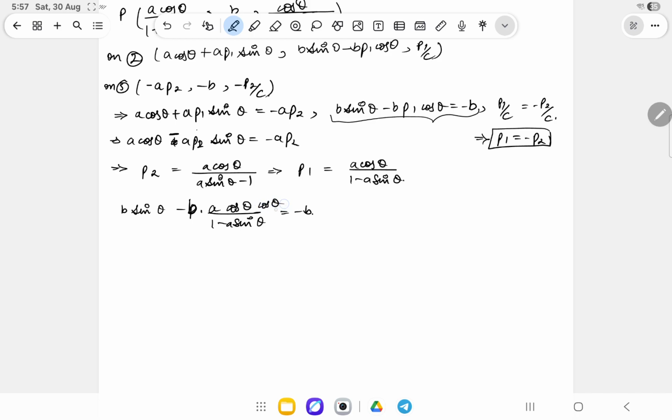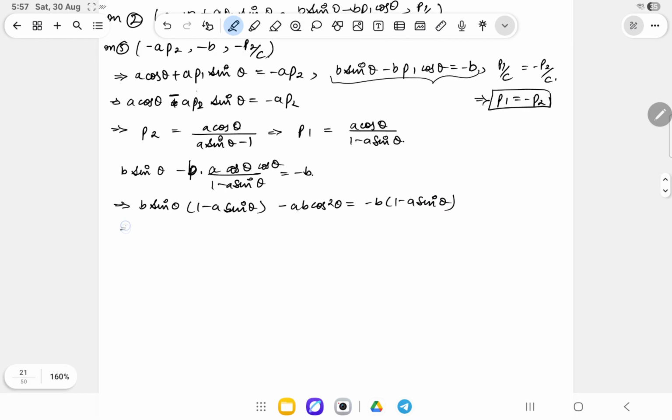So if I simplify it, I'll get b sin theta into 1 minus a sin theta minus ab cos square theta is equals to minus b into 1 minus a sin theta. So if I simplify it, I'll get b sin theta minus ab sin square theta minus ab cos square theta is equals to minus b